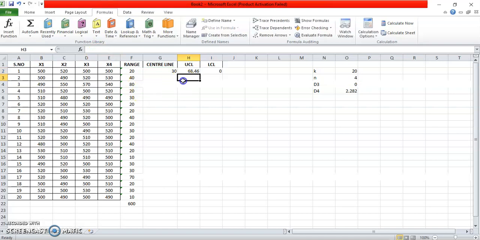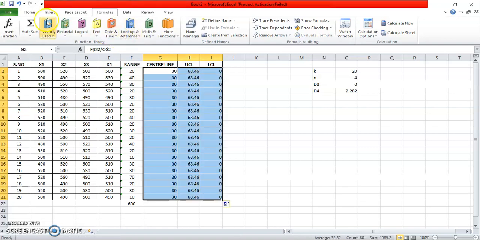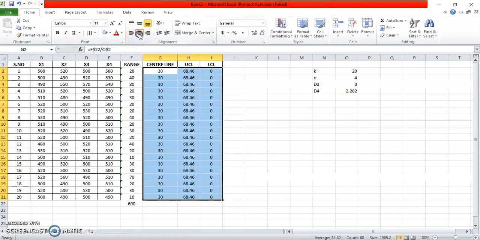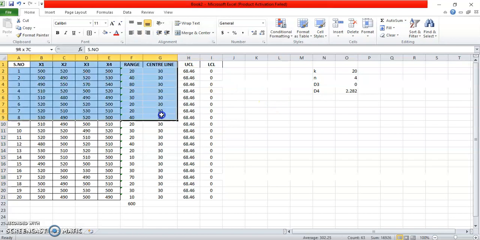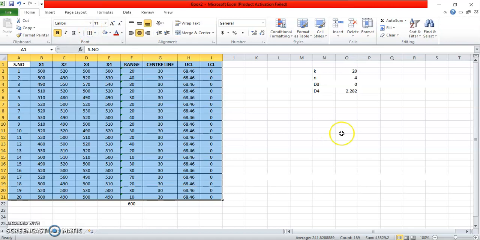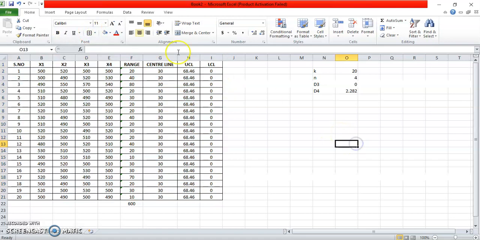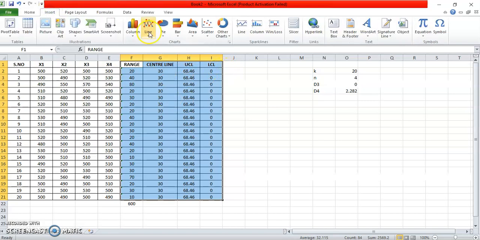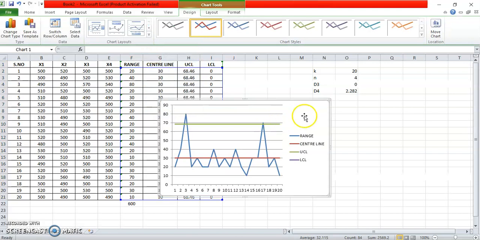Okay, now see what I am going to do. With just one click we got the value for the rest of the samples. Now we have to prepare this control chart for range. For that purpose, I will select these 4 values: range, the central line, the upper control line, and the lower control line. Then I take insert, line chart,